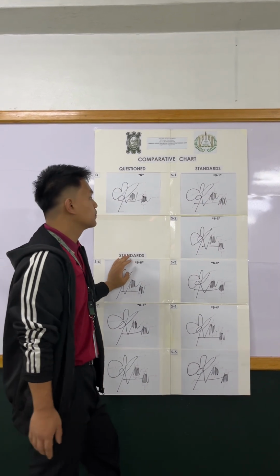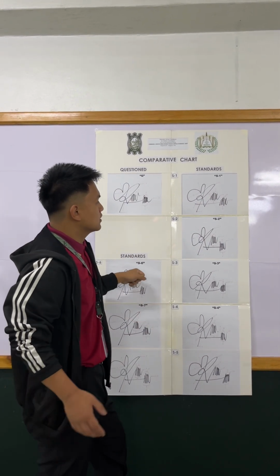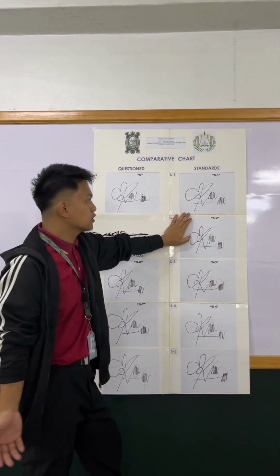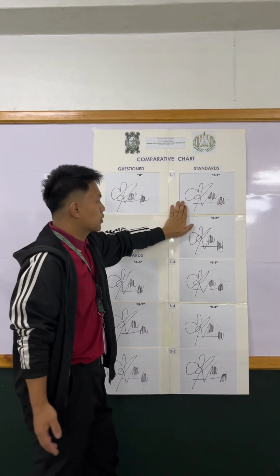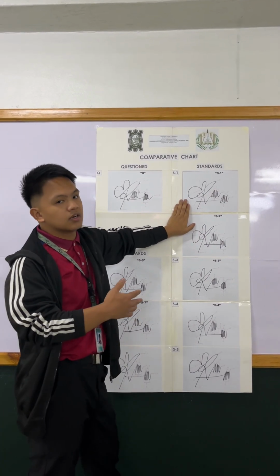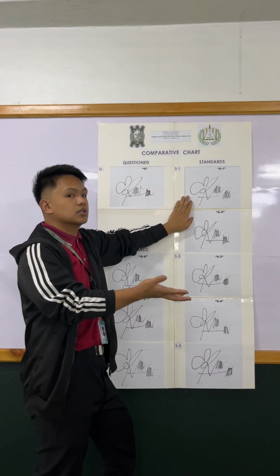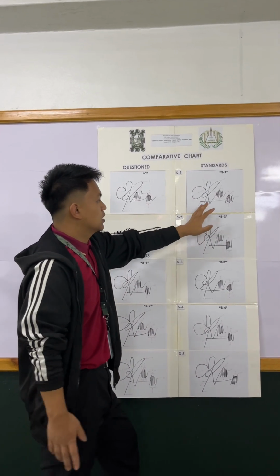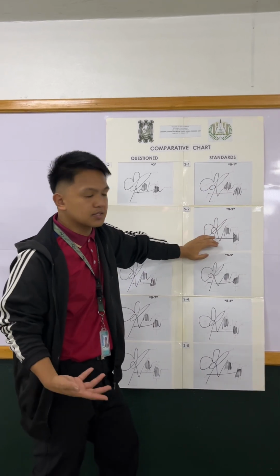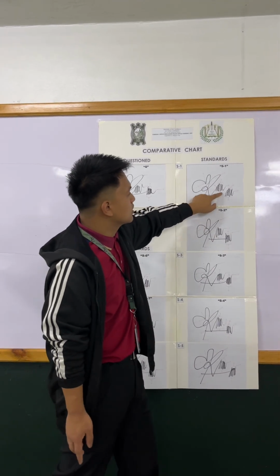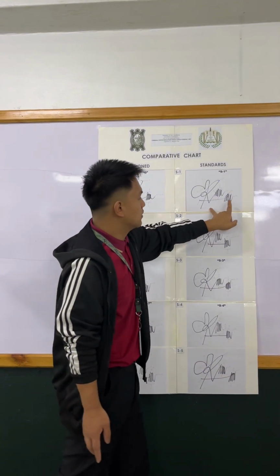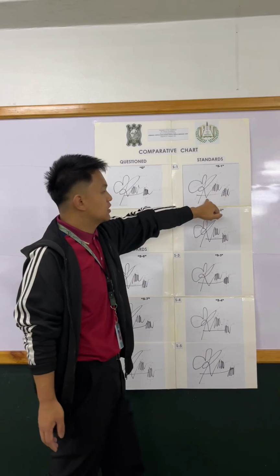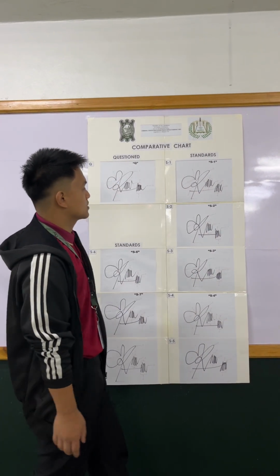So next, after alignment, there is proportion. So what is the proportion of the standard number 1? The proportion of the standard number 1 is unproportioned. So what does it mean to be unproportioned? The parts of the signature are not the same size. So if you can see, the first letter is the biggest one. Next is the last writing here, the third, and the middle part, which is the smallest.